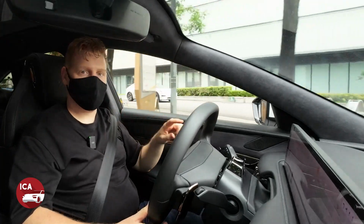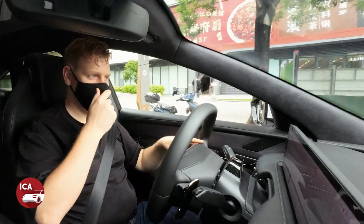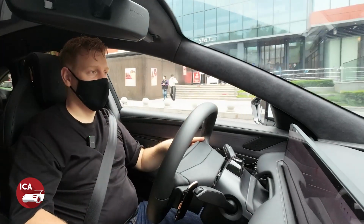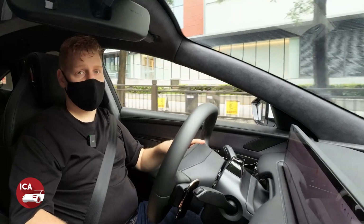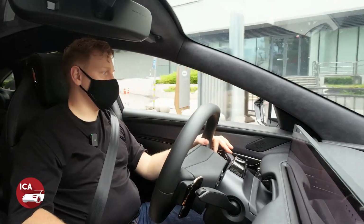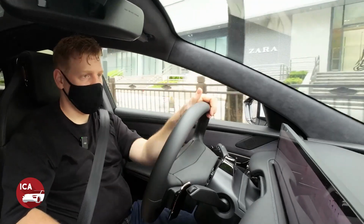How do I feel about the touch-sensitive buttons? I'm not 100% certain. It's a nice feature. It'll be a different preference for everybody. They are prone to fingerprints, I would say. But I think more important than that is that...